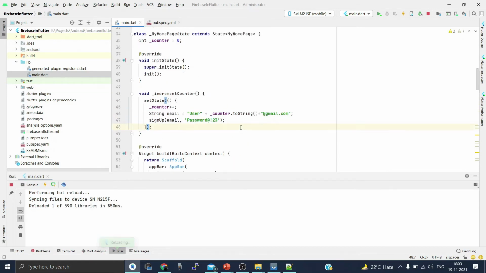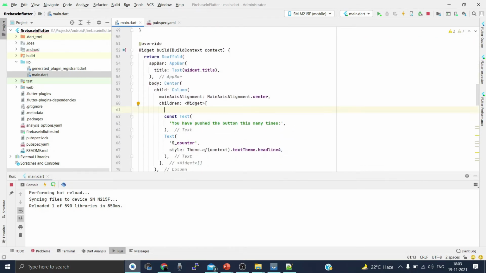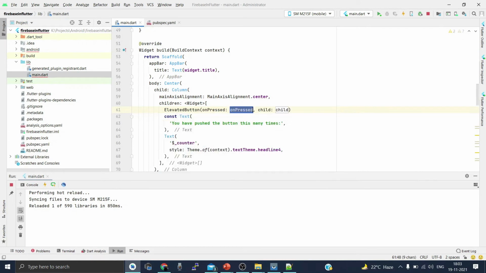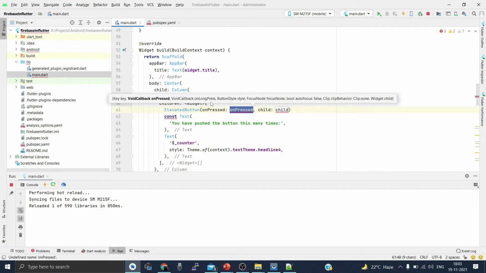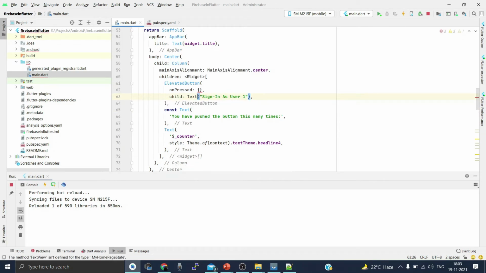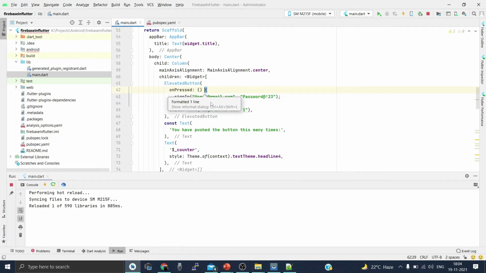So now let's try and add one more button over here. Guys, I'm still learning Flutter.